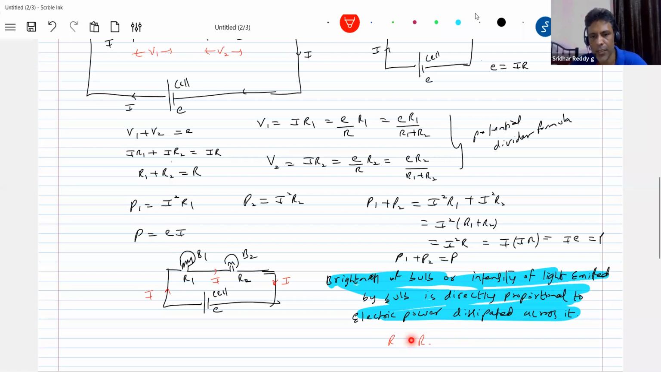Let me put a condition near the diagram and write it. Then P1 greater than P2. What do you mean by P1, P2? The brightness of bulb B1 will be greater than B2. B indicates brightness here. So this is when they are in series; like this we do the comparison. So how do we say that the bulbs, conductors or resistors are in series? If the